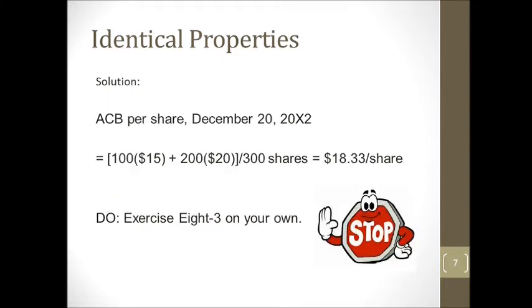Okay, here's the solution on the next slide. 100 shares were purchased at $15 per share, and then a further 200 shares were purchased for $20 per share. So the total cost is $5,500 divided by 300 shares, which equals an average cost of